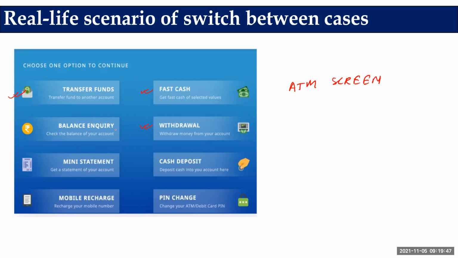If you look at this ATM interface carefully, how many options are you getting? Eight options, as I am displaying here: 1, 2, 3, 4, 5, 6, 7, and 8. In total, 8 options, so you have multiple options. Then you insert the ATM card, this interface comes in front of you, and you select an option from these multiple options so that the next interface can be loaded in the ATM machine.